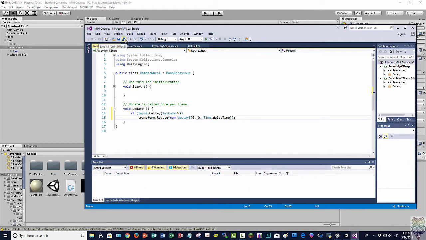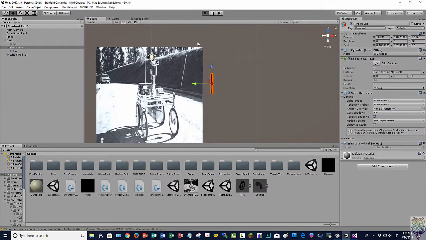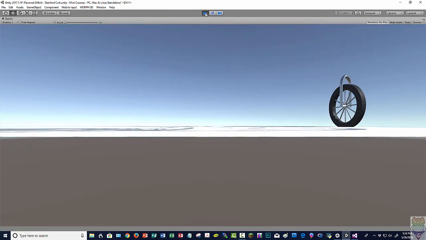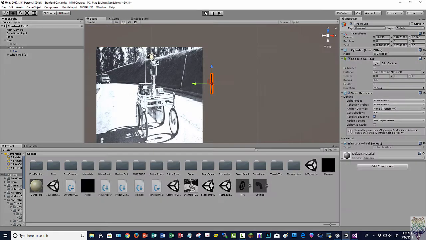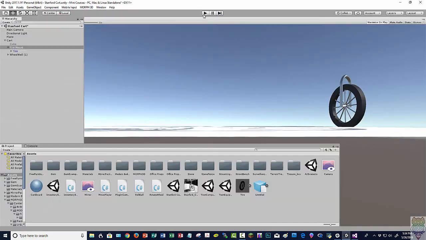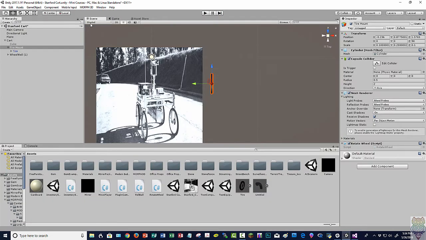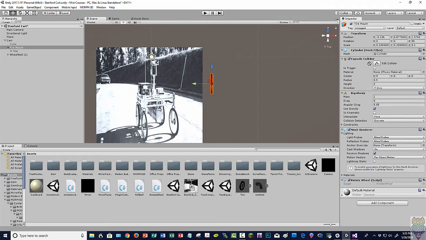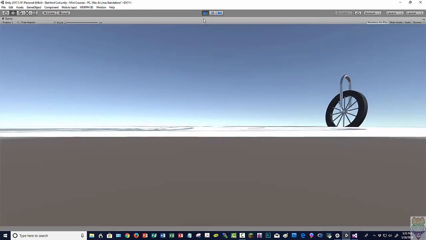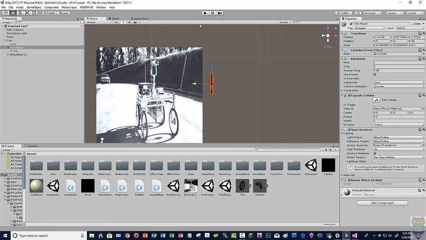The only problem is we'll need to make sure that the spokes stay upright. I have a feeling now because the way it's not attached, so it shouldn't. I don't have a rigid body on it. Okay, so what we need to do is say we have to be able to touch it. I'm gonna move this up, the collider. Let's try that again. Okay, so it's not above the